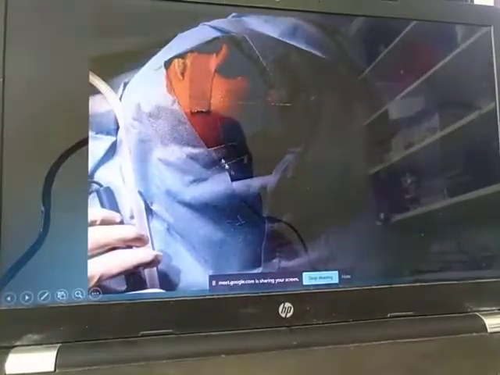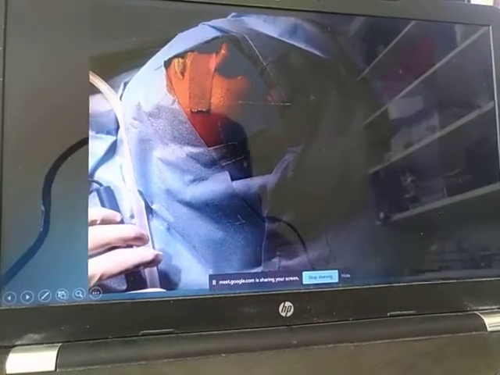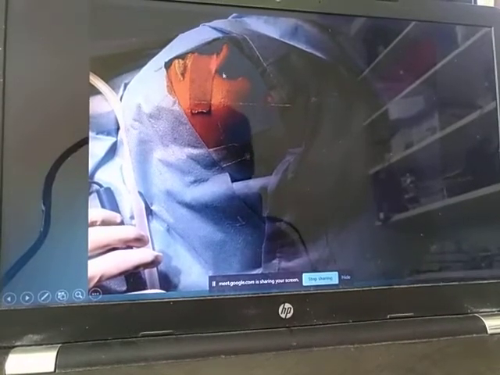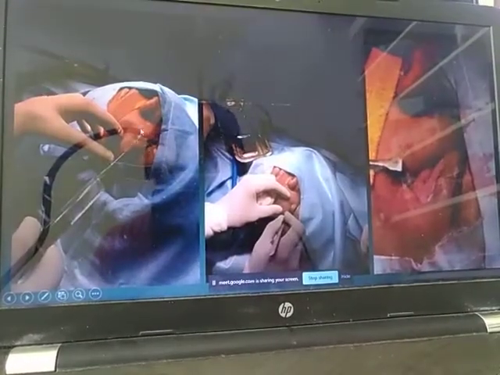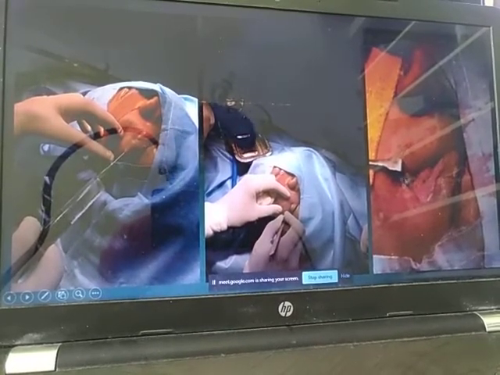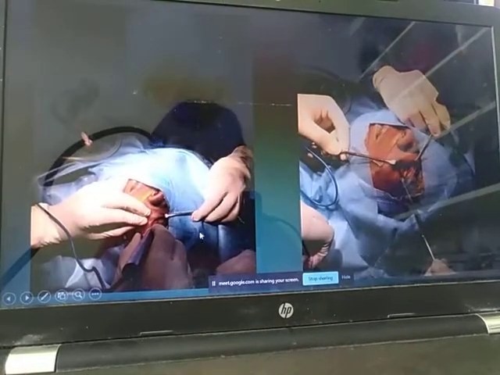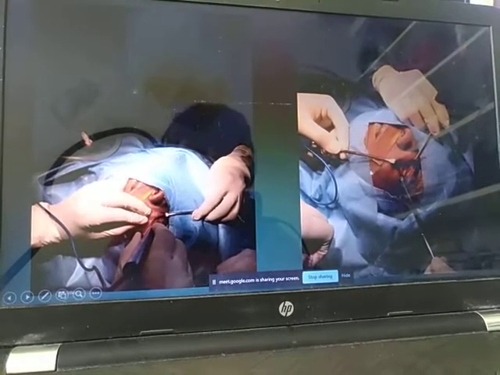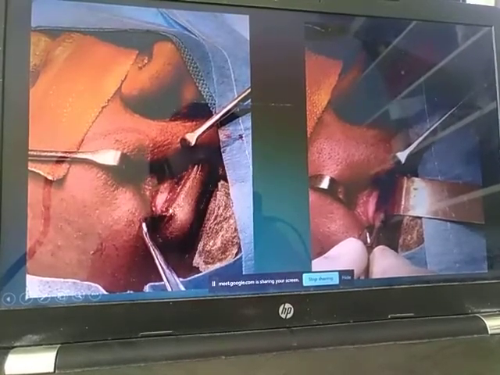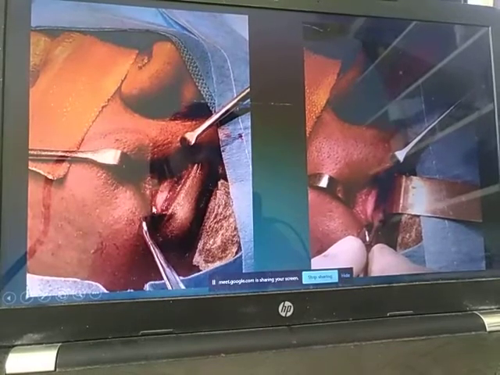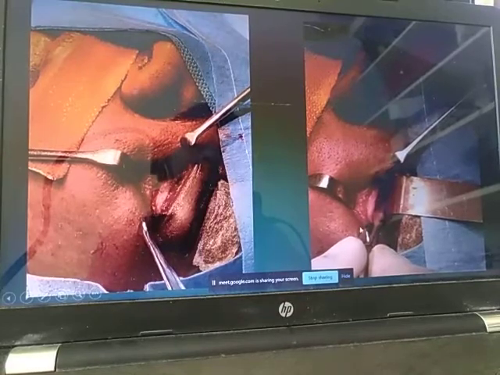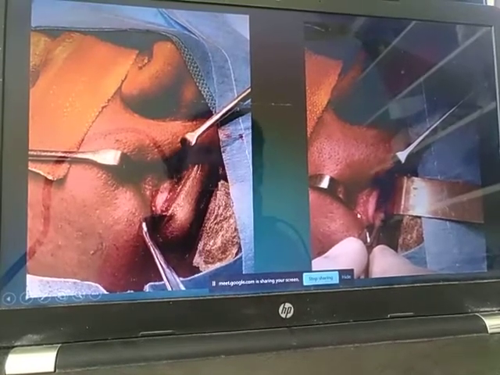So here you can see, after the patient was administered GA, a nasal intubation was done. The patient's surgical site was only exposed. Flooding of the surgical site with LA, placing of the incision, retracting the tissues. The electrocautery machine was used to dissect further and expose the infraorbital rim. As you can see, the retractors have been used to show the infraorbital rim, and then the periosteal elevator was used to retract the periosteal flap even more so as to expose the floor of the orbit.